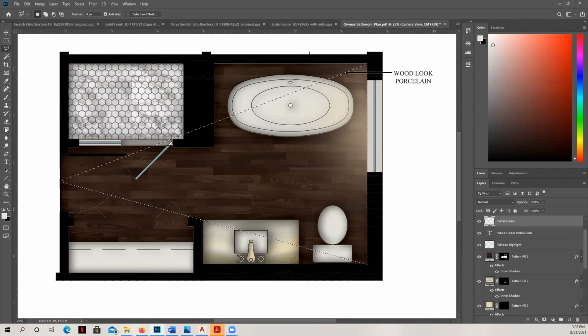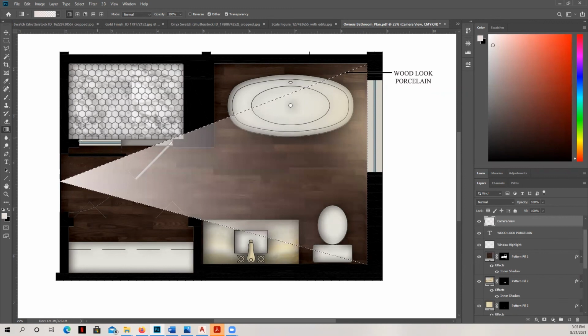And then I'm going to hit my gradient button. Make sure that it's set from foreground to alpha. And then I'm going to click from here and drag. This is me telling Photoshop the direction that we want it to create the gradient from foreground to alpha. And then you let go and you can see it's going from the foreground color, which is that swatch down here, to alpha, which is clear. And then so that it's not so distracting, I'm going to bring down the color just a little bit. And then I'm going to deselect it.